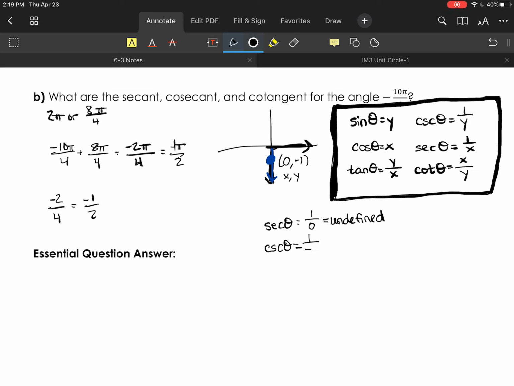Then I have cosecant of theta, which is 1 over y. In this case, that would be 1 over negative 1, which is just negative 1. So there's my first answer, negative 1. Then I have cotangent of theta, which equals x over y. So 0 over negative 1. If you have 0 out of 1 cookies, that would just be 0. So my answer is 0. Whenever you do end up with one that's actually on one of the axes, your answers will pretty much always be 1, 0, or undefined. And it is possible to get an undefined